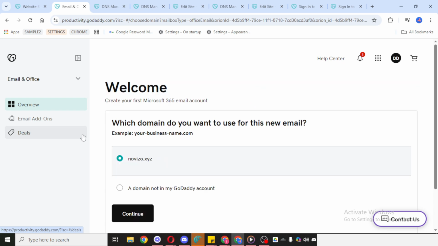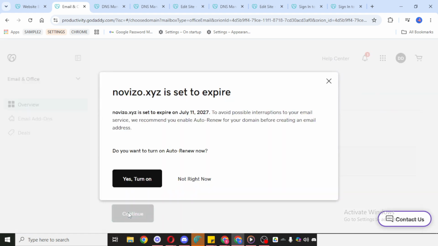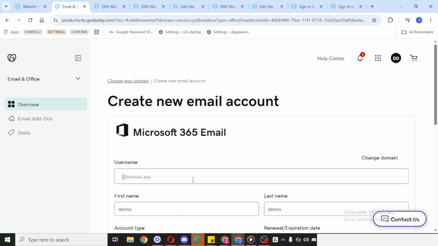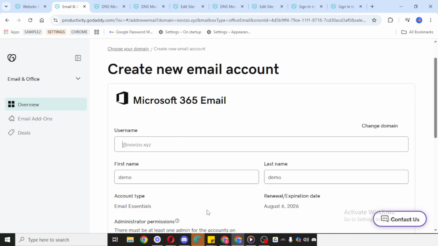At this stage, you'll be asked to fill out the necessary details for the new email account. This typically includes the email address you want to create and other required setup information. Choose an email name that is professional, simple, and easy to remember. In most cases, something like info, contact, support, or your role-based name works well for business use. As you complete the form, double-check everything for accuracy so you don't run into issues later.